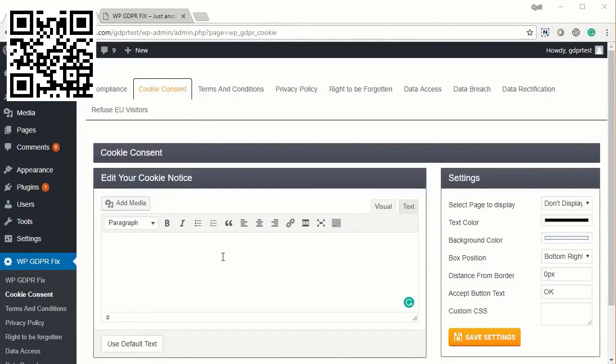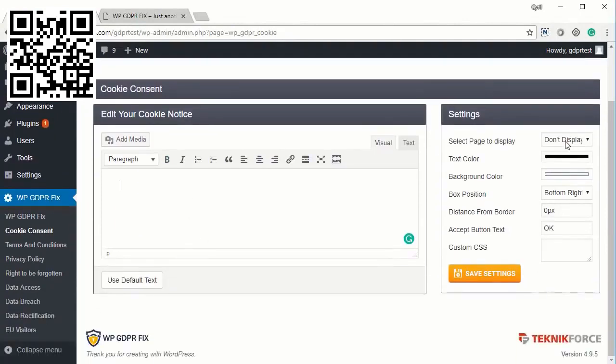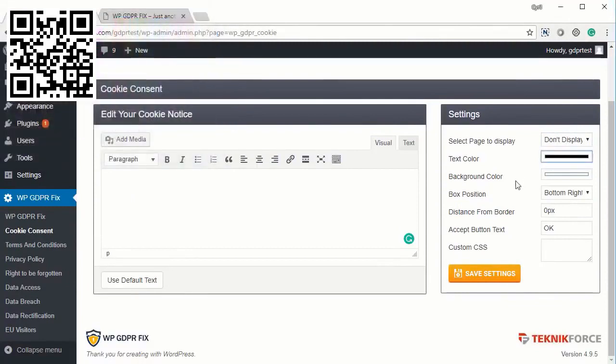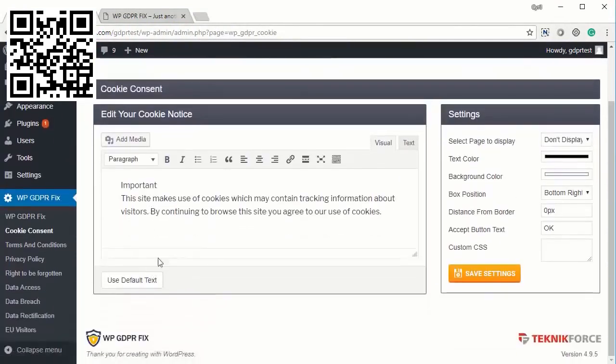So when you come to cookie consent, you can set up your own message here. You can even set up your colors, what color text you want, what color background you want, where exactly you want this to appear. All of these settings are possible. And we even have a default message. So if you don't want to think of your own message, you can use the default text. And when you're done, just click on Save Settings,